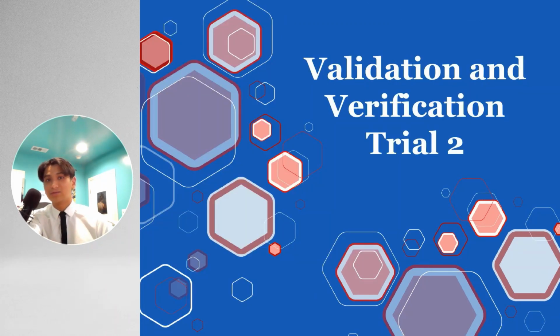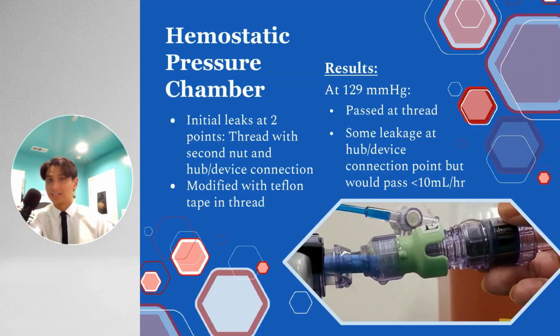Then we had a second round of trials where we did the same exact tests. So for the hemostatic pressure chamber, we initially had two leakages with the initial testing, but we would modify it with Teflon tape, and we would actually pass at the thread again and make less leakage, so it was less than 10 milliliters per hour and pass the Edwards criteria to be